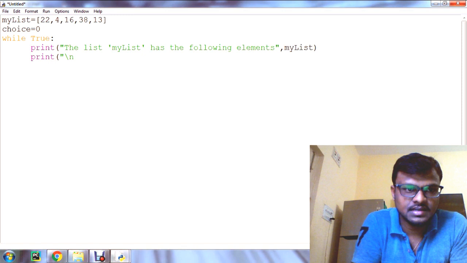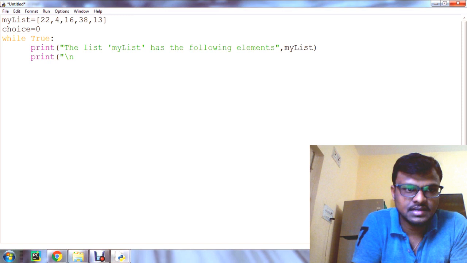After that, print number 6. This is also a deletion operation: delete an existing element by its value.